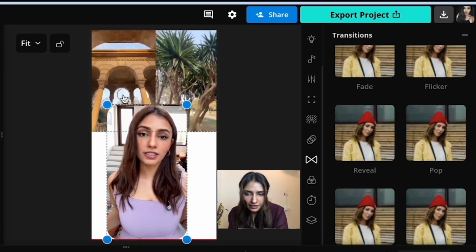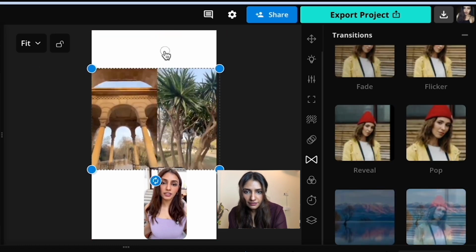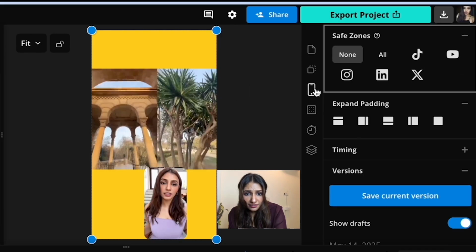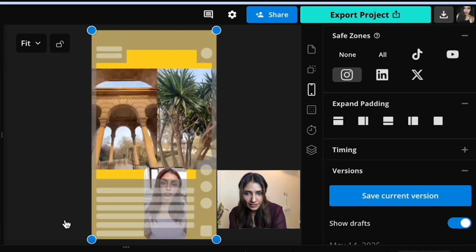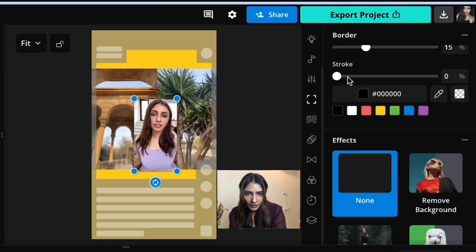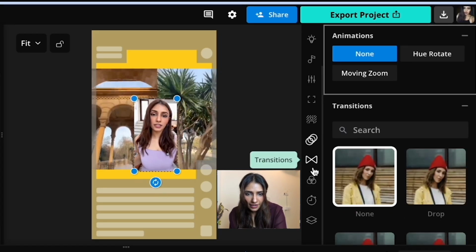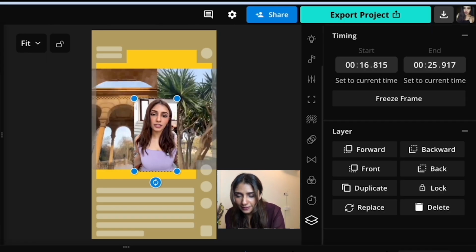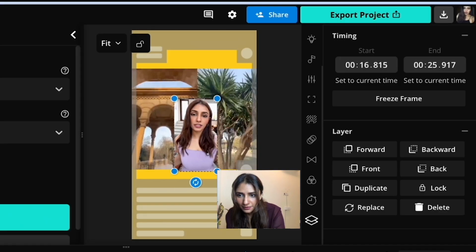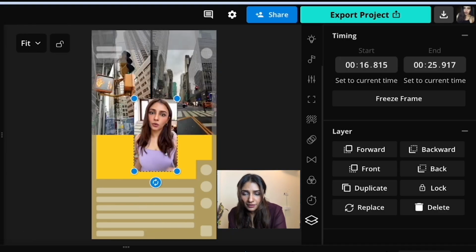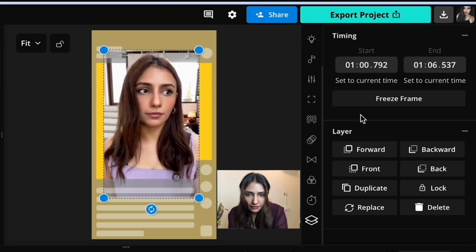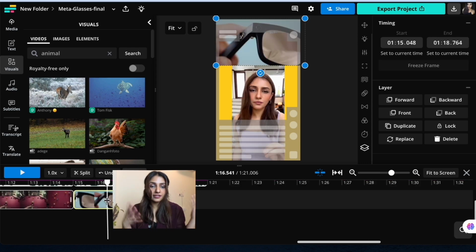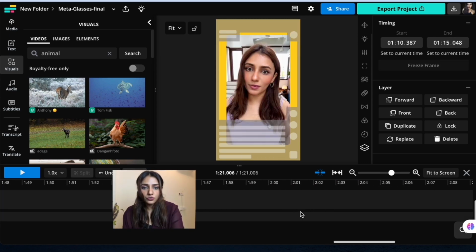Okay, and then it lets you do a bunch of things. I can change the color of the background. I can do so much with it. And it also gives me safe zones, so that I can optimize the video. Animations, transitions, a whole lot of features basically. And subtitles, I can add subtitle visuals. I can add B-rolls to it, and I can also add different layers like I've done here. Okay, this is great, right? I could do so much with it.